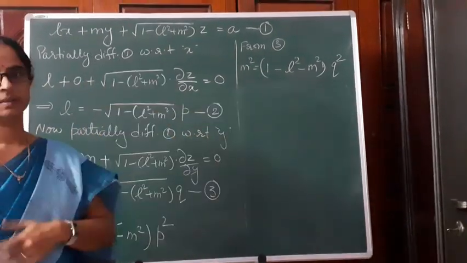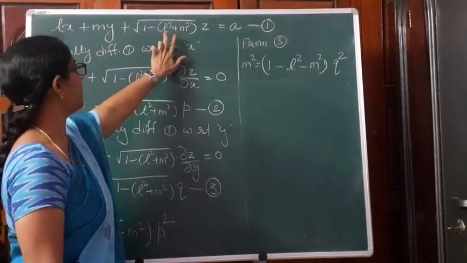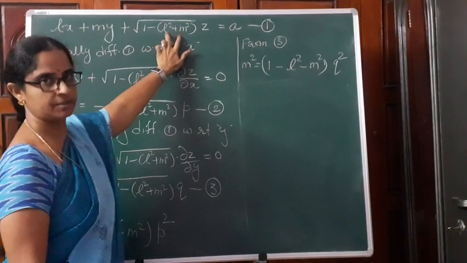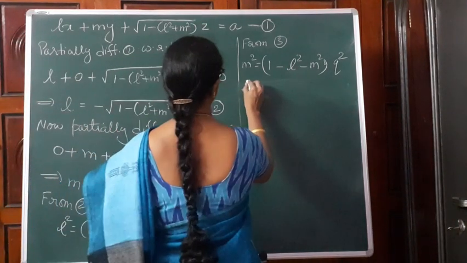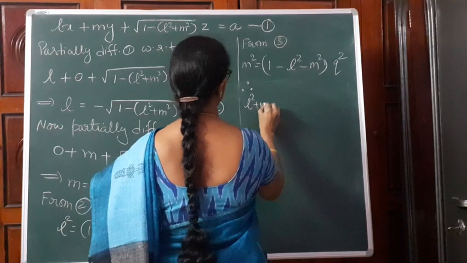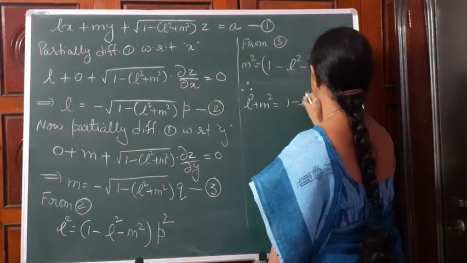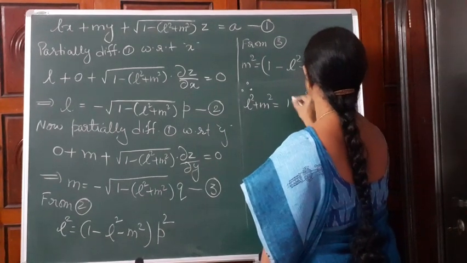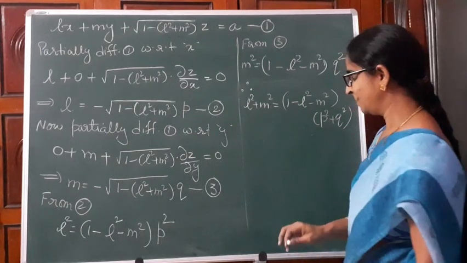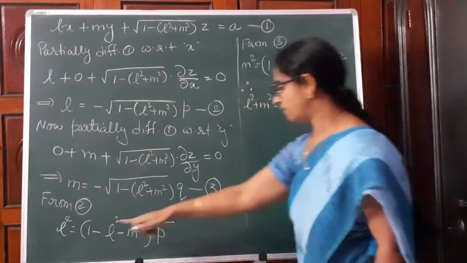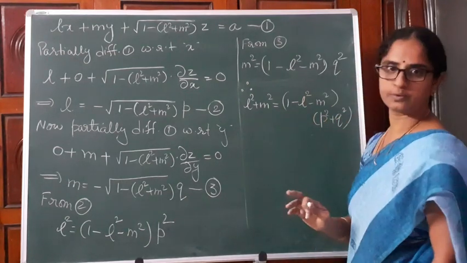So instead of directly finding the square root of 1 minus (L square plus M square) value, we first obtain L square plus M square. We have L square here and M square there. Therefore, L square plus M square, we simplify it first, is equal to 1 minus L square minus M square into P square plus Q square. Is it okay? L square plus M square. We have 1 minus L square minus M square in common here, times P square plus Q square.